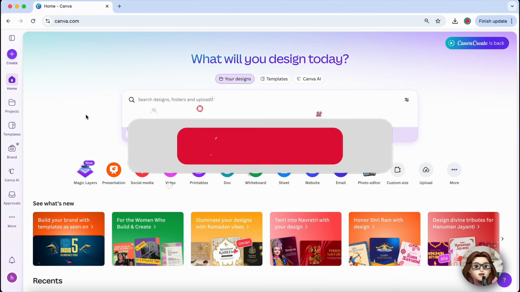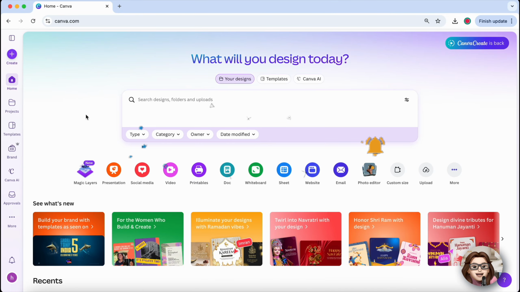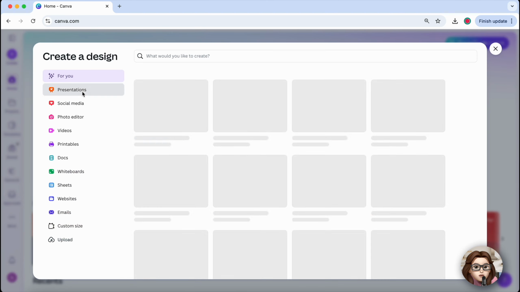In this tutorial, I will show you how to add slide transitions in Canva. First, open Canva in your browser and log into your account. Once you are on the home page, open an existing presentation or click Create a Design and choose Presentation to